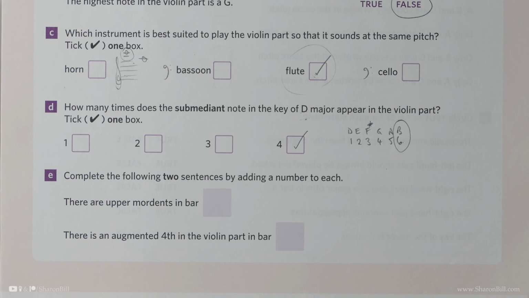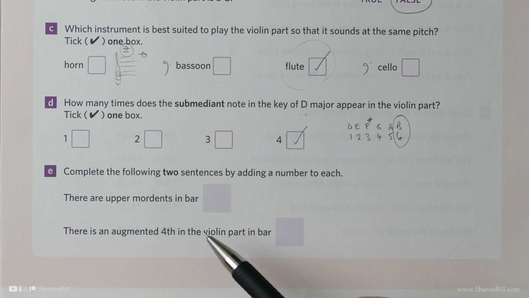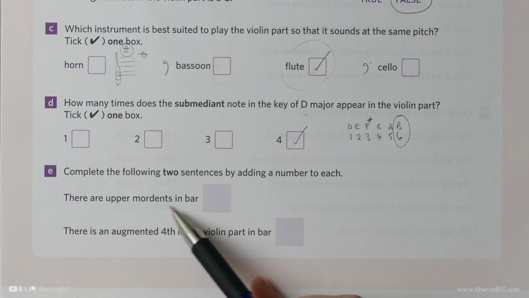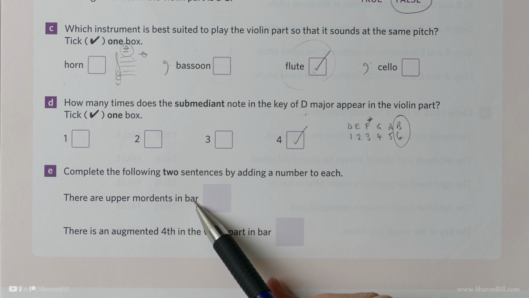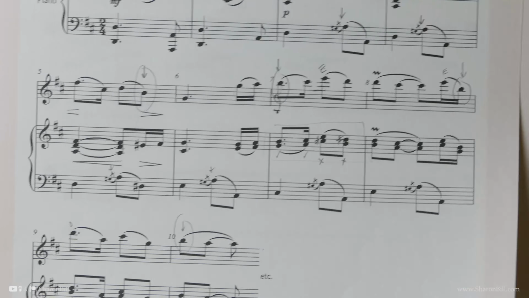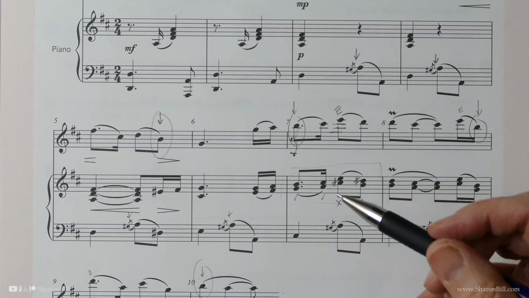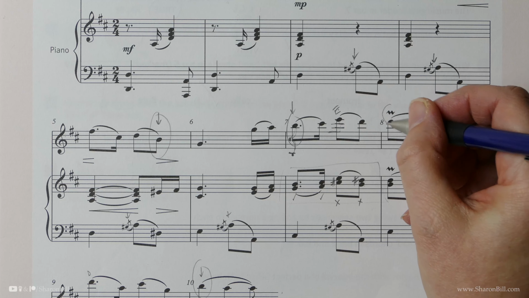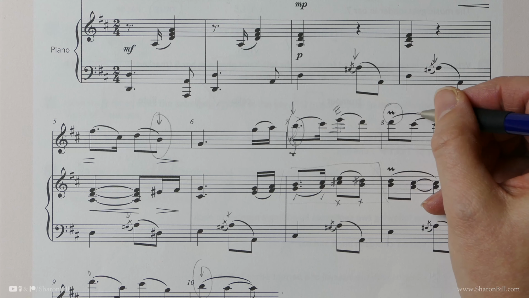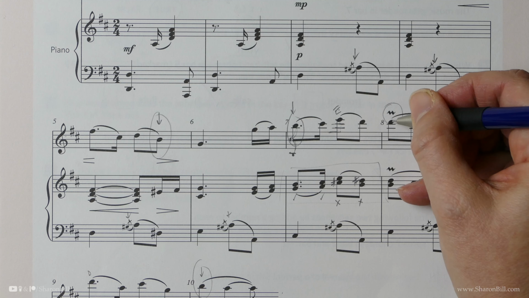Now we have these sentences to complete. There are upper mordants in bar... So which bar? So we're looking for the wiggly line that shows the mordant ornament. That's an upper mordant. Remember, a lower mordant would have a line through it. So bar 8